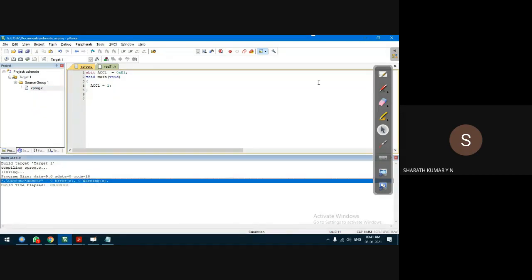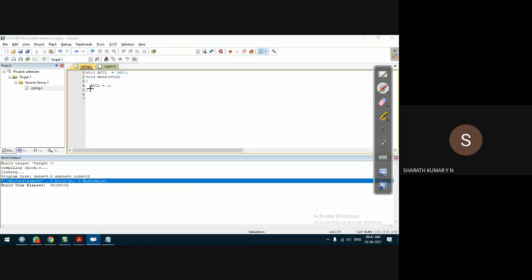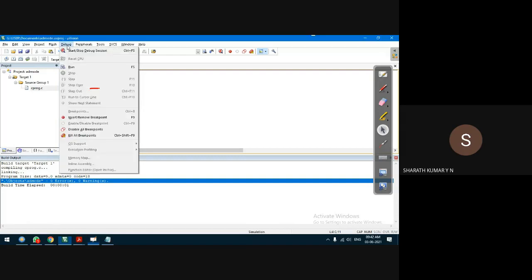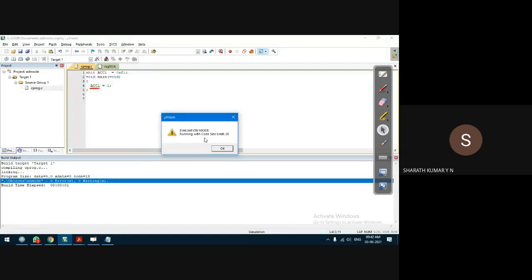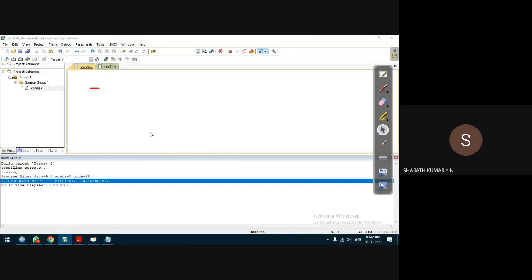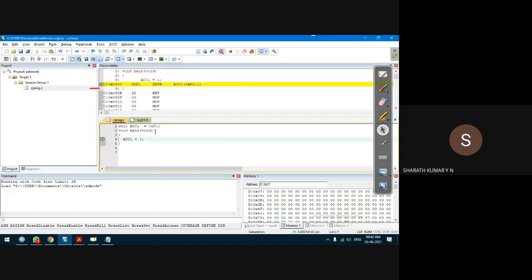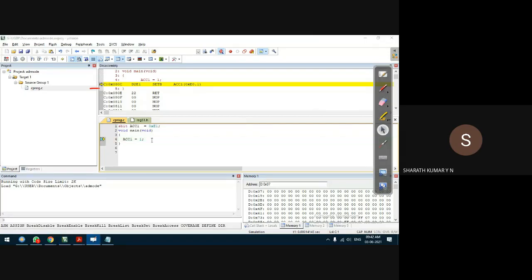Things are okay. I think the compiler is able to identify ACC1, so the compiler does not have any issue at this point.